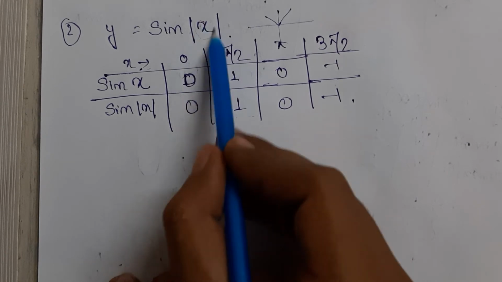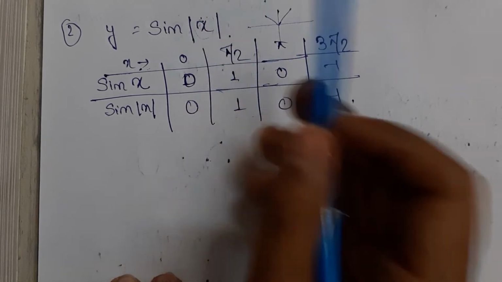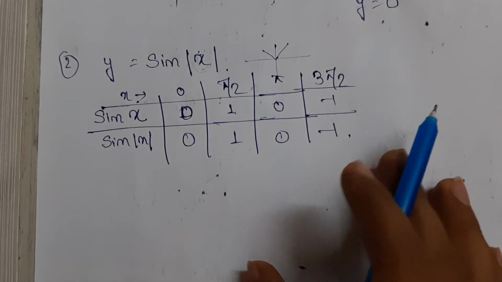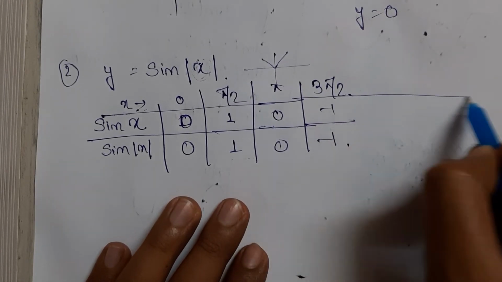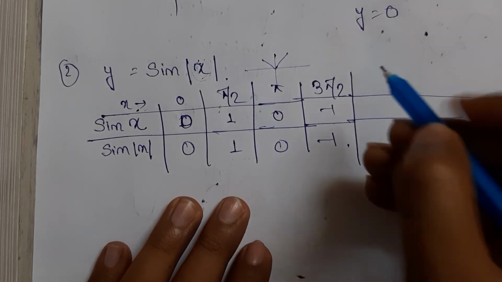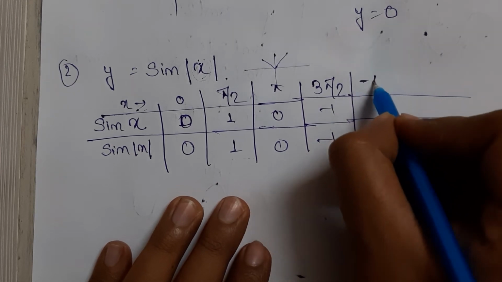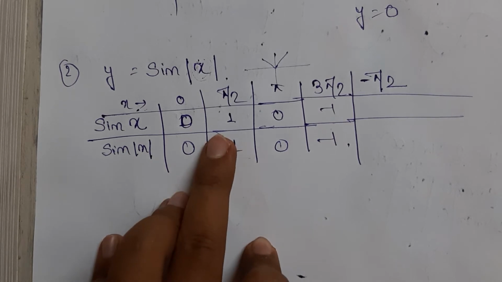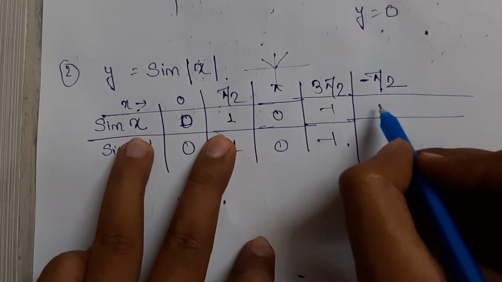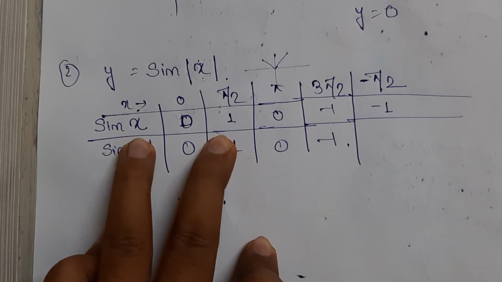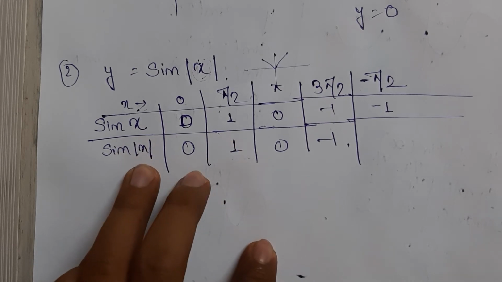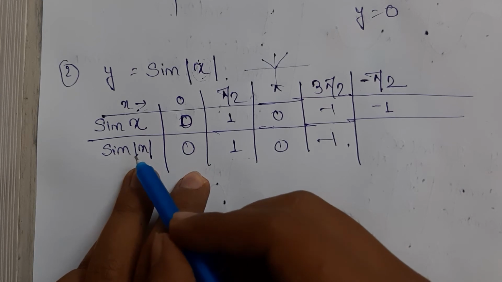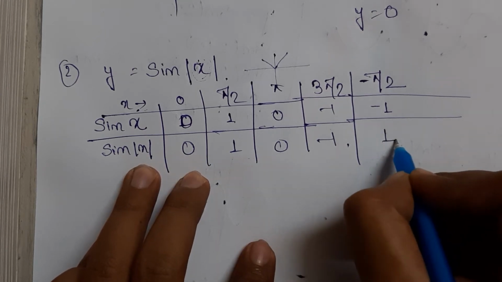As we know, mod will turn a negative value to a positive value. So we can easily understand that there will be a change when x is a negative value. Now let us check when x is minus pi by 2. Earlier, when x is minus pi by 2, it would give a result of -1, but now, as there is mod of x, this minus pi by 2 will be changed to pi by 2, and sin of pi by 2 we know is 1, right?